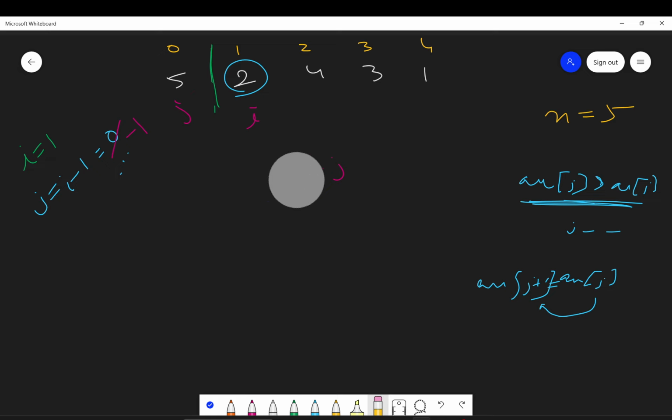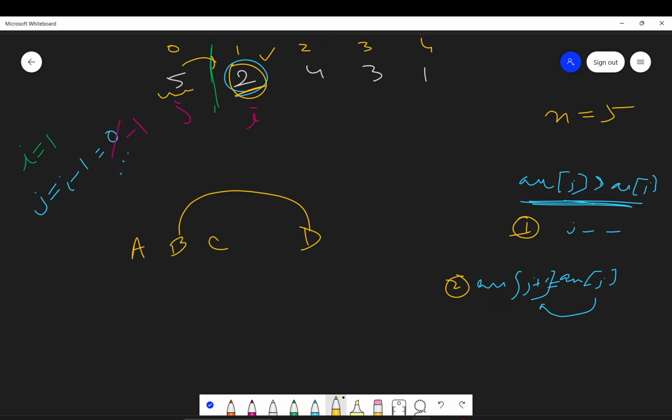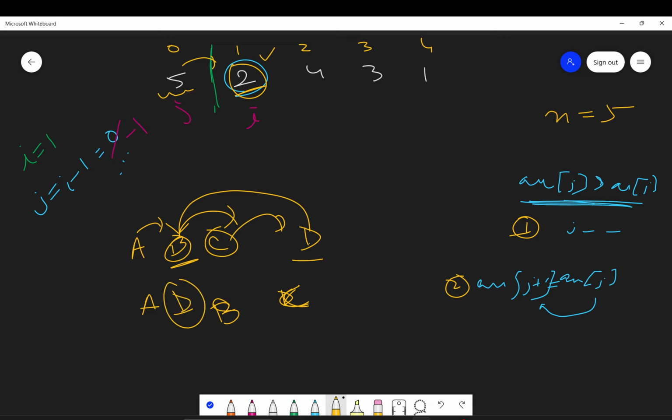Okay. Now, this is the first step, and also we will shift now, because this 2 position will become empty, right? Here we will just basically shift, because see, let's say here you have A, B and C and you have to insert D after A. So obviously you will have to create the empty space for D, right? So you will shift C, B by 1 position to the right. Then here the empty space will be there, and then you can place this D here. So you have to make this empty space.